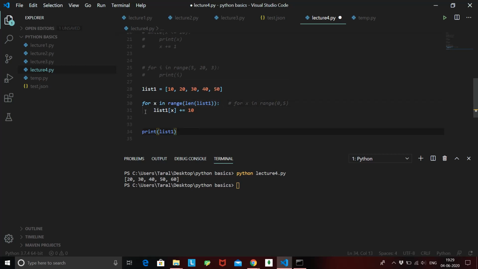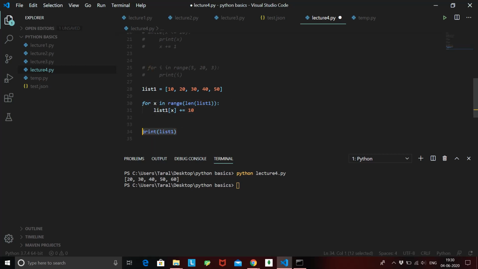Okay, and now what we are doing is accessing each element inside the list using indexing. We saw indexing yesterday, right? So list1 of x will give me all the elements that are present inside the list. Initially x will be 0, then x will be 1, then x will be 2, and the list elements will be accessed using this for loop. Okay, this was that simple. Previously we were just accessing these elements, but we were not actually changing the list. But now we are accessing the indexes and telling it to change the list itself by 10. So this is how for loop basically works over a list.